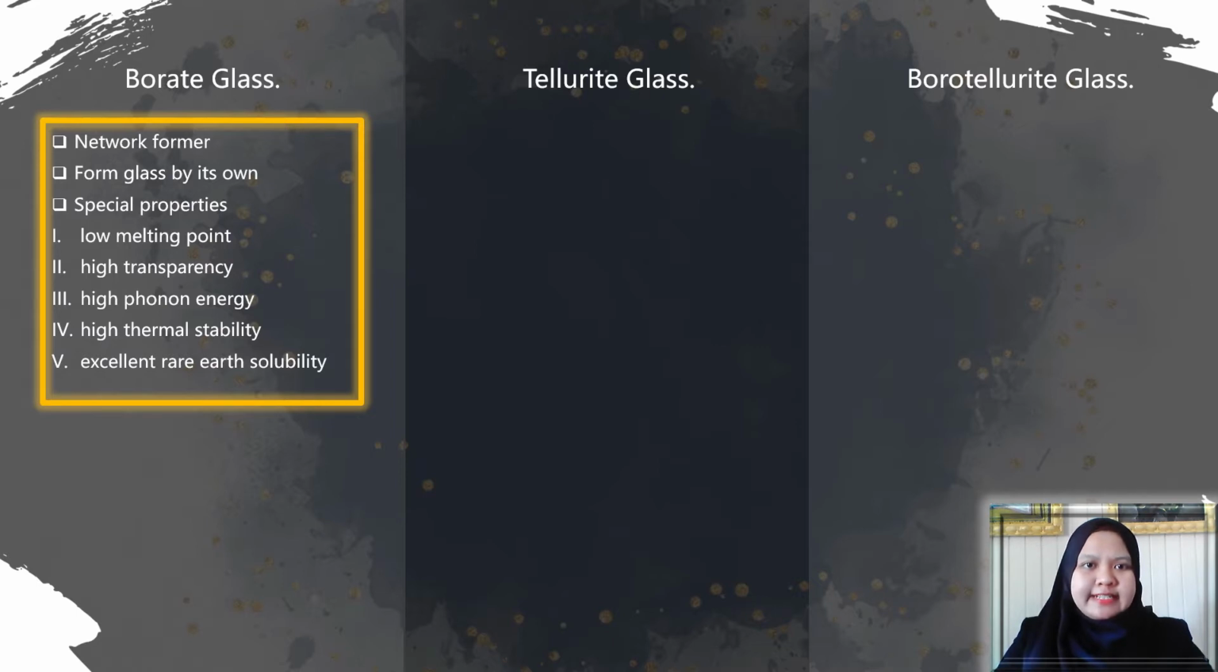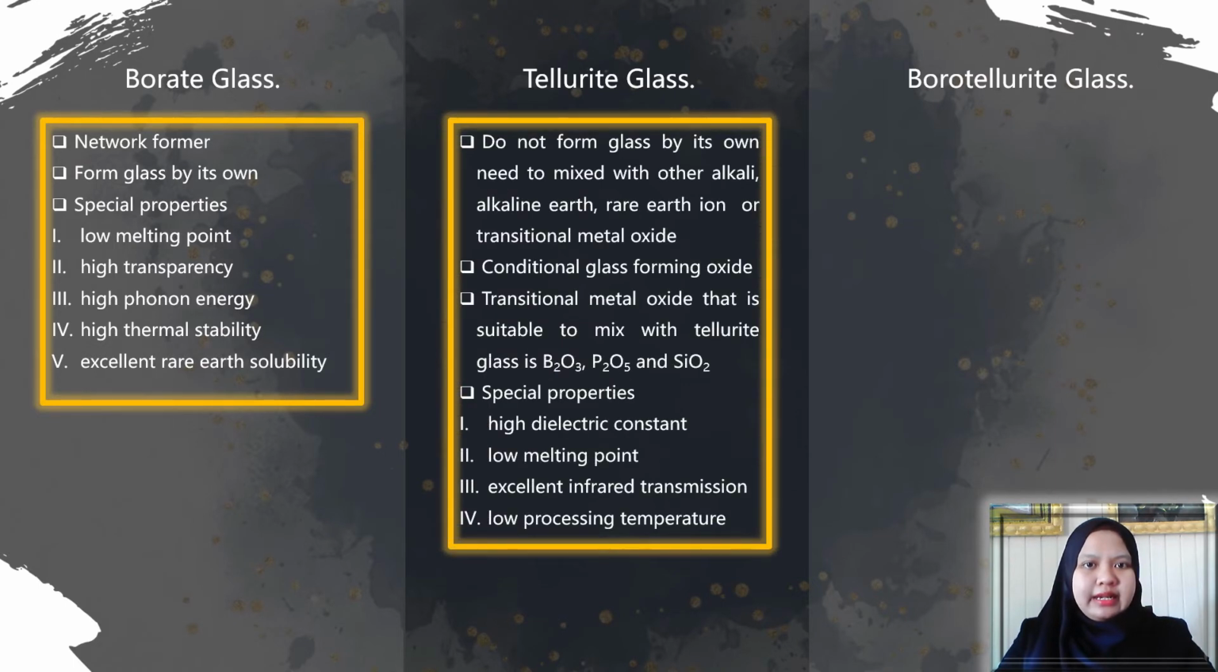From the previous research by Hasni Mulyati et al. 2016 stated that tellurite glass can form glass when mixed with other alkaline earths, rare earth ion, or transitional metal oxide. According to Maheshvaran and Marimuthu 2012, the transitional metal oxide that is suitable to mix with tellurite glass is boron oxide, phosphate, and silicon dioxide. Besides that, tellurite glass has many unique physical characteristics like high dielectric constant, low melting point, excellent infrared transmission, and